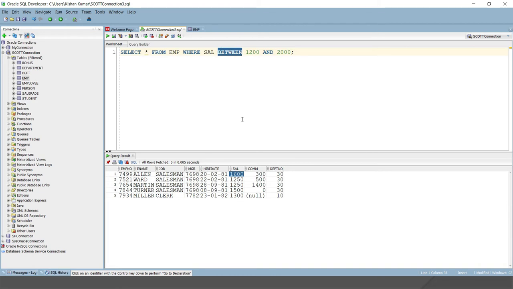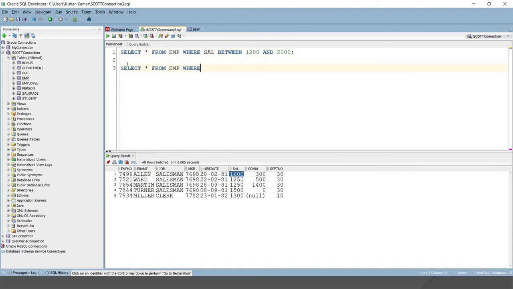Now let's go for another example. Let's say I would like to list all the employees who did not join the organization between 1st January 1981 and 1st January 1982. Then how can we list those employees? So here, of course, I will select all the columns.